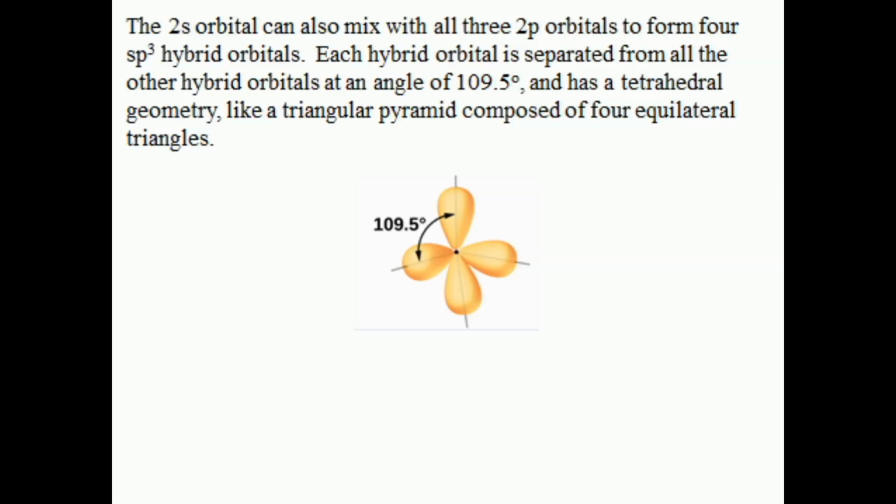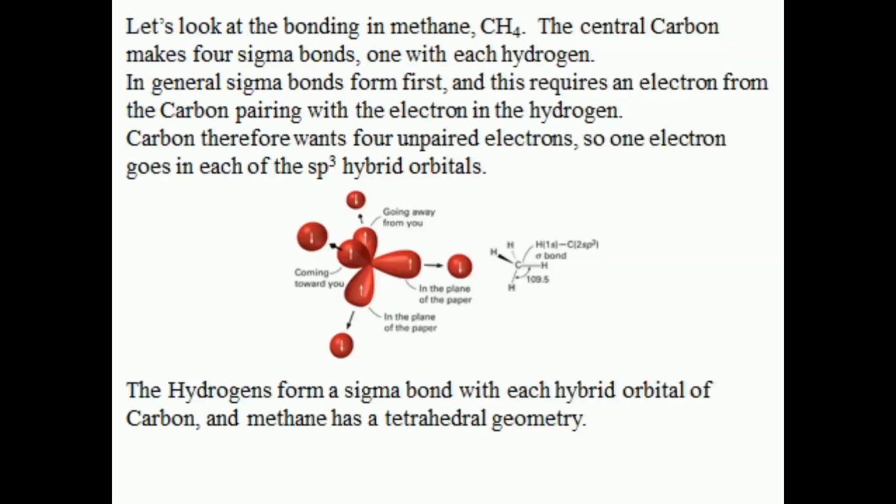Now, if you wanted to build a model yourself, just take four balloons and try to hold the ends together in one spot, and you will find that those four balloons will take on a tetrahedral geometry because it is the lowest energy geometry to keep the electrons away from one another. Let's look at the bonding in methane,